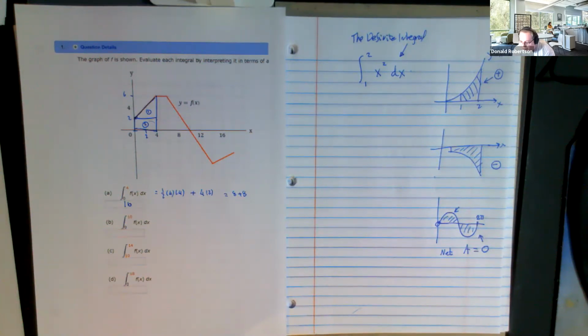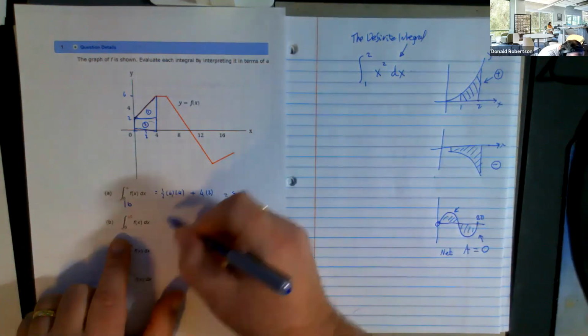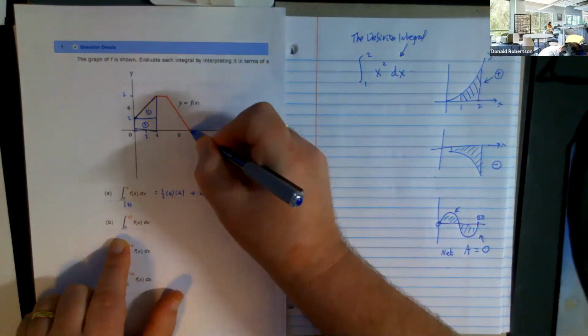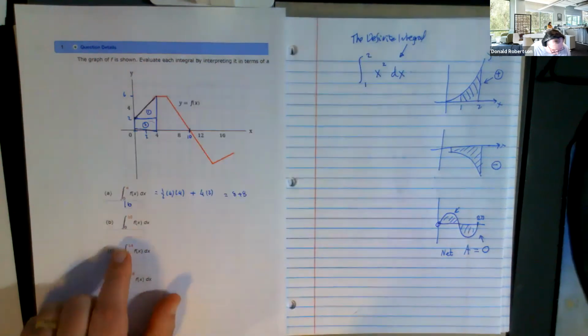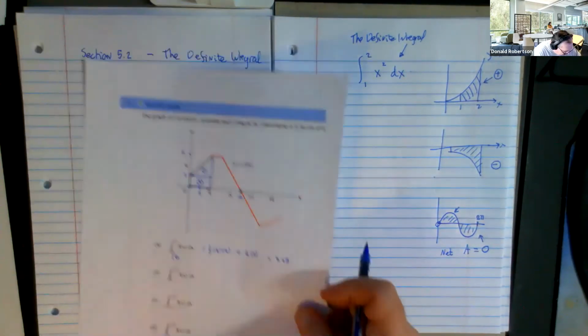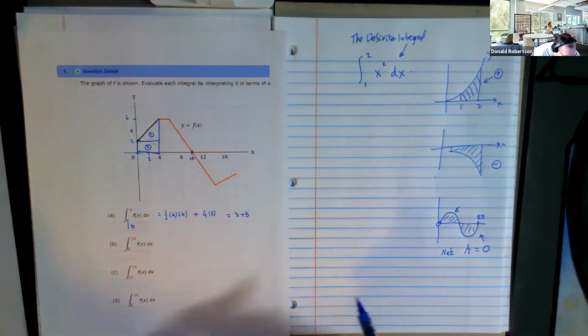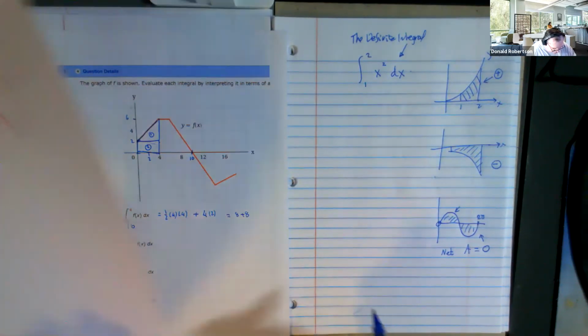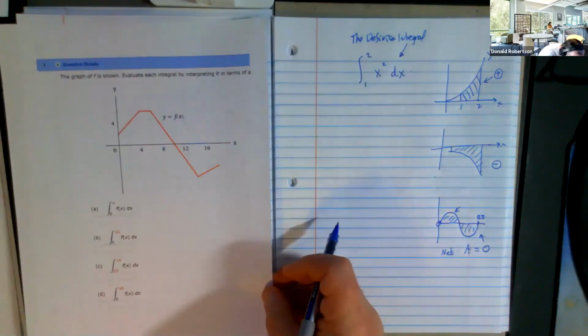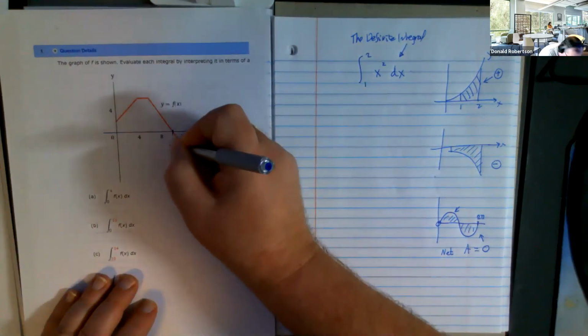Are we okay with what I've just done there? How I found the area under the curve by simply realizing that it's a shape that I can get the area of using just geometry. Now, suppose you wanted to do the next one, the area from 0 to 10. By the way, there's 10. Maybe I should do a clean picture of that. If you wanted to do 0 to 10,